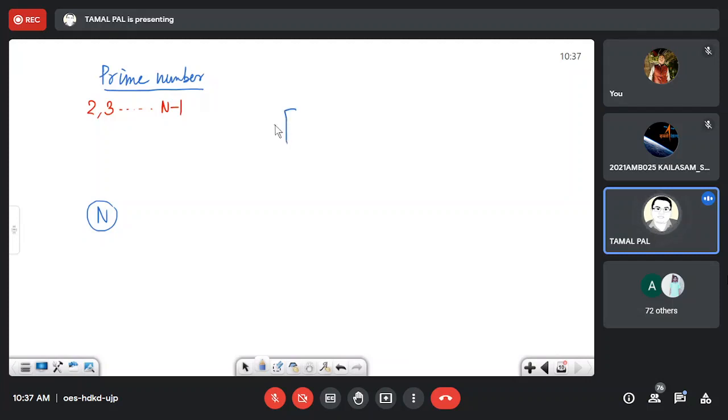Let us take one loop. i equal to 2, since 1 is treated specially, so no problem in here. i less than or equal to n minus 1, i plus plus. Now, checking division. If a number is perfectly divisible, then the remainder is 0.